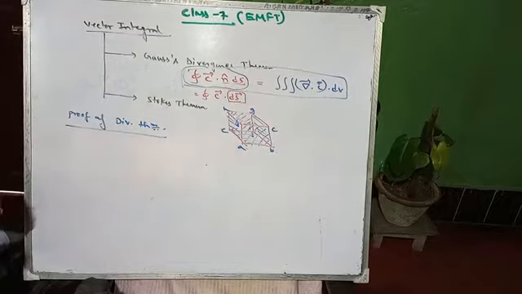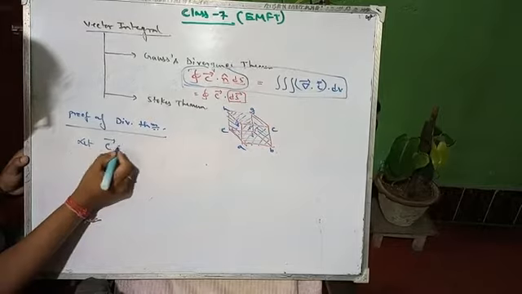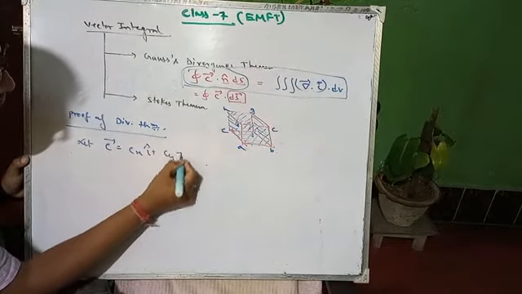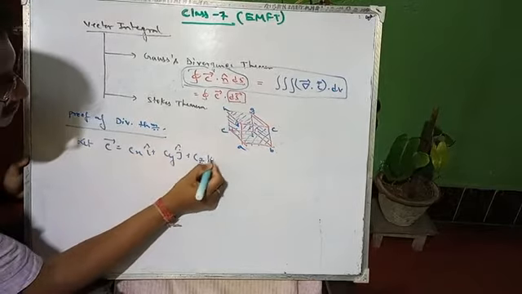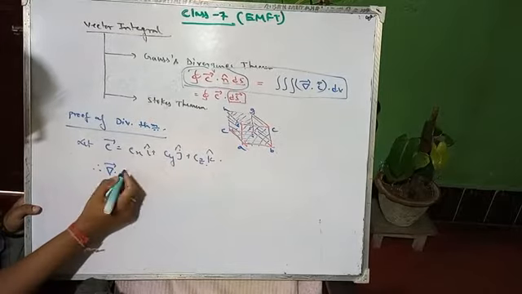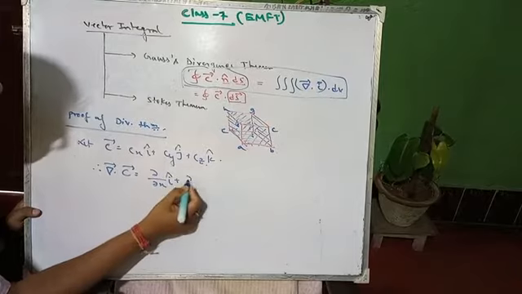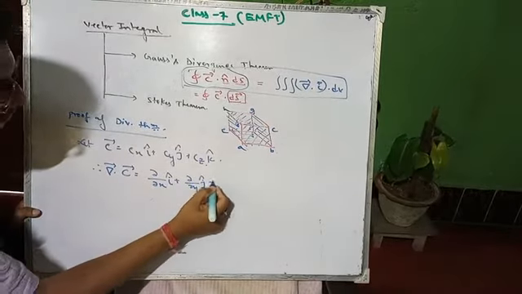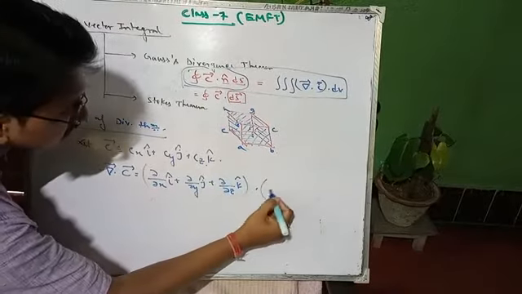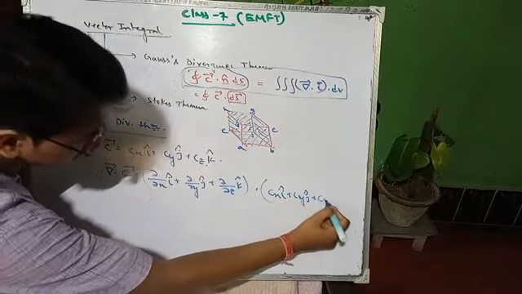Okay, so what is the proof? Let us consider the vector C equals Cx i cap plus Cy j cap plus Cz k cap. Now we are taking the divergence. So what is the divergence? Last day I discussed del/dx of i cap, del/dy of j cap plus del/dz of k cap, making a dot product with Cx i cap plus Cy j cap plus Cz k cap.